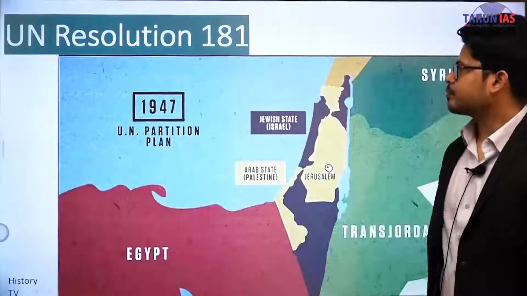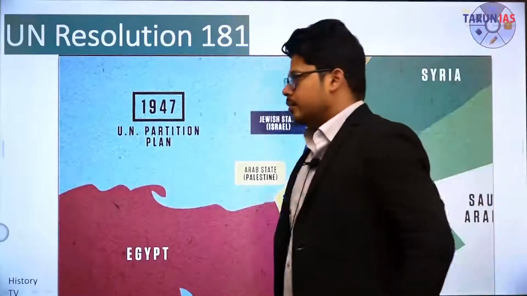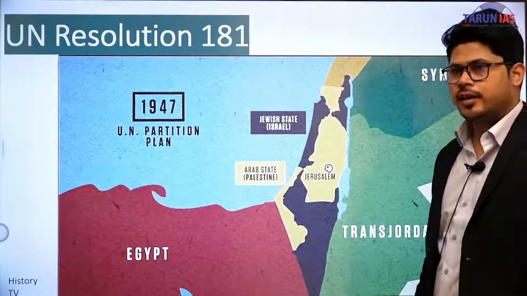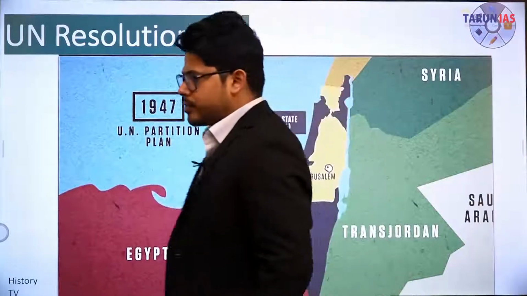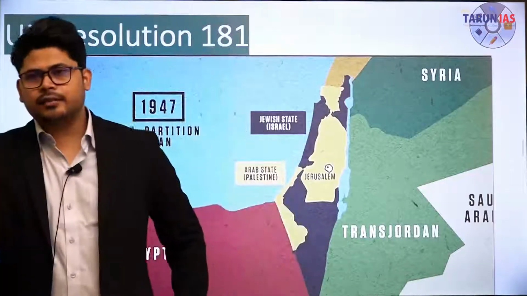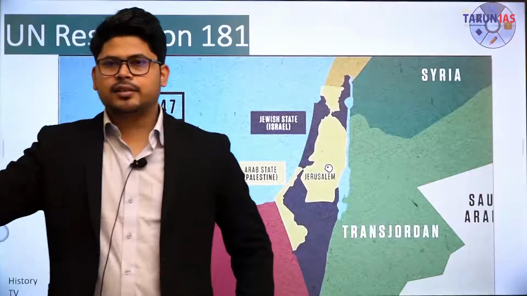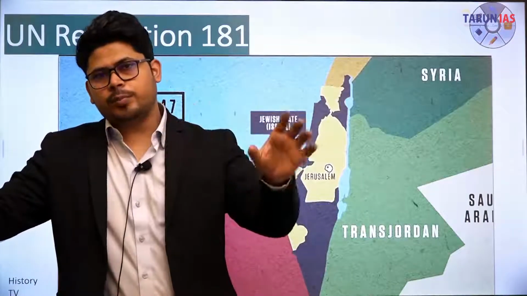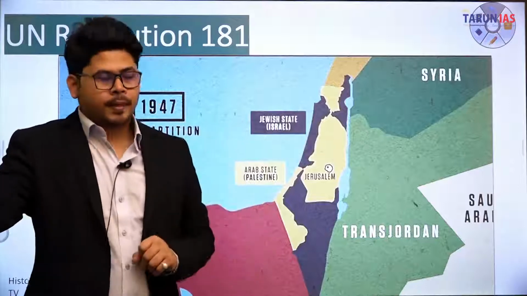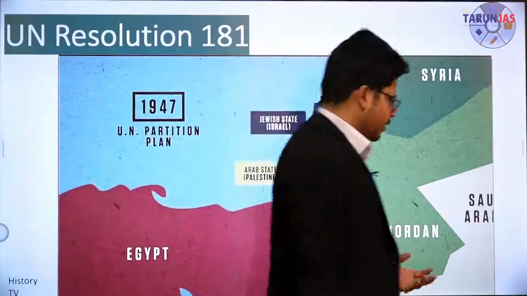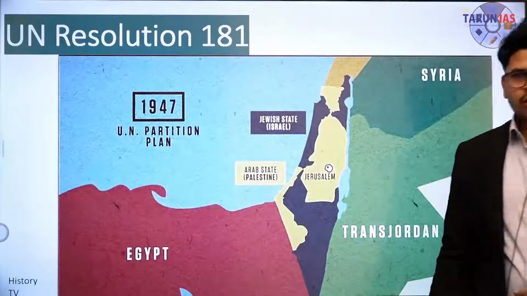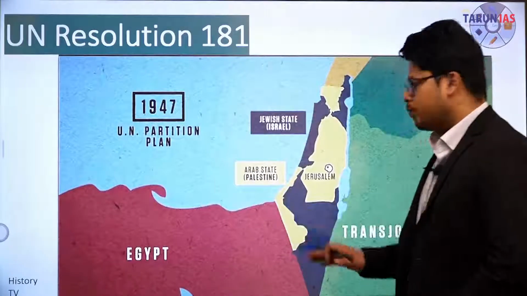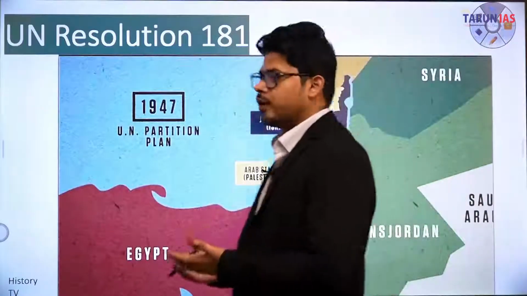ठीक है, but now what happened was, in 1939 a white paper was released by the government of Britain, ठीक है, and it said that they will restrict the entry of Jews from Europe to Palestine, ठीक है, but it never actually came into being. After World War II, what happened was, there was what happened actually after World War I,